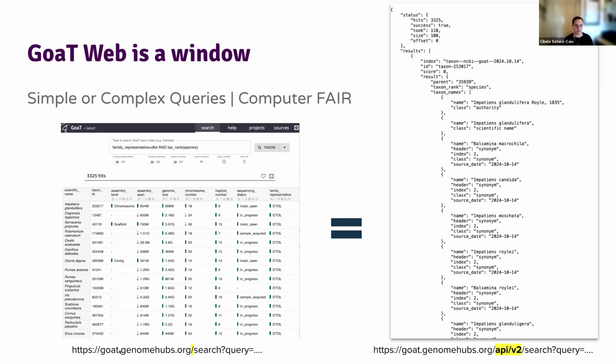So you start with goatgenomehubs.org. When you type a query, it updates the search, and you will have a bunch of text back here that is kind of the instructions to show everything that you see on the UI. But if you put this simple term here, API and version 2, in the same link, you can retrieve the same data in a computer readable or findable format. So GOAT is trying to do these summaries not in a way that only us humans can understand, but that computers can understand. And that's why the controlled vocabulary is so important.